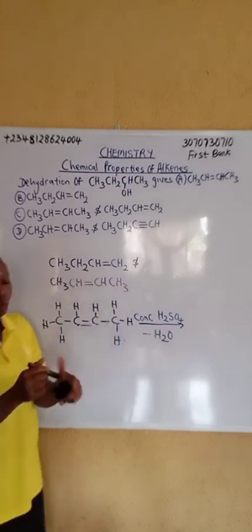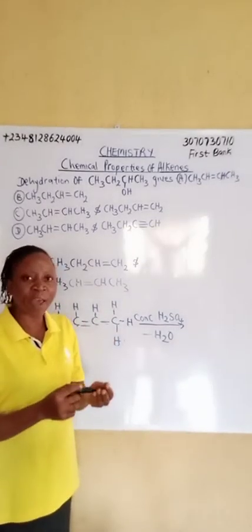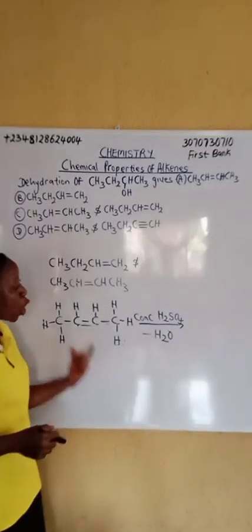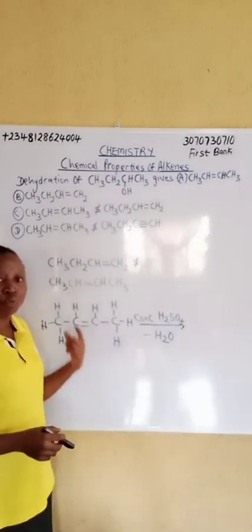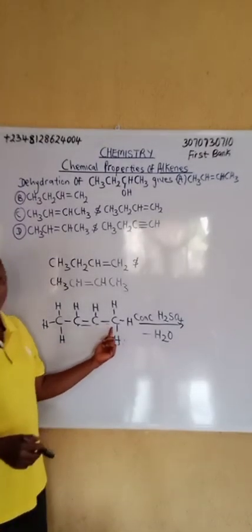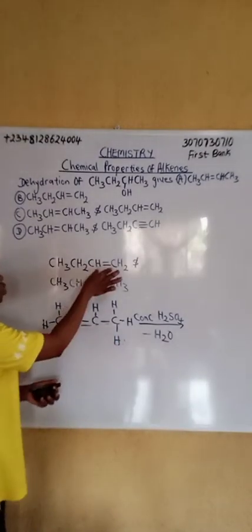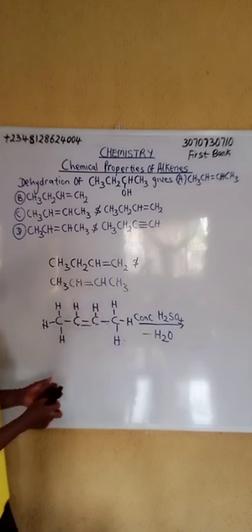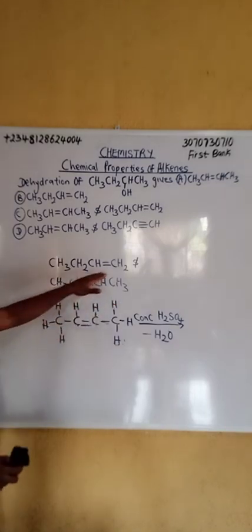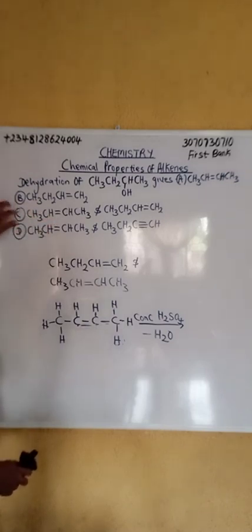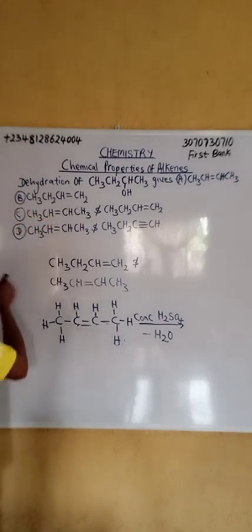So we are going to form two different products from dehydration of butanol. This is butanol. This is the first product, this is the second product. So which one will be the correct option? That is Option C. Option C is the correct